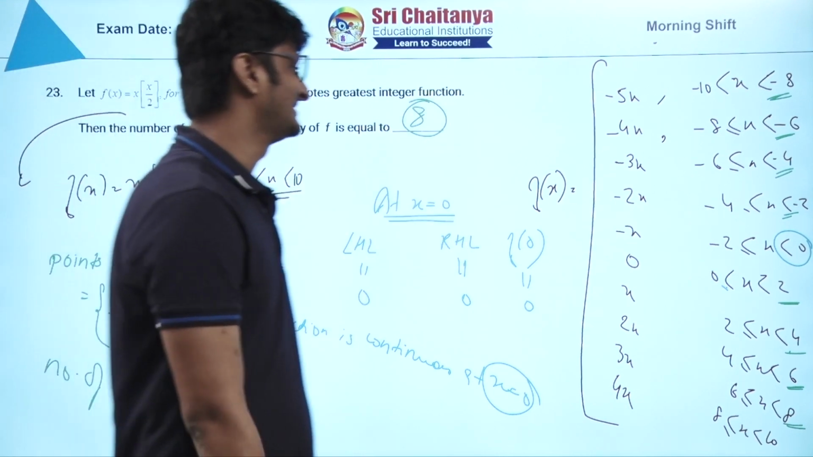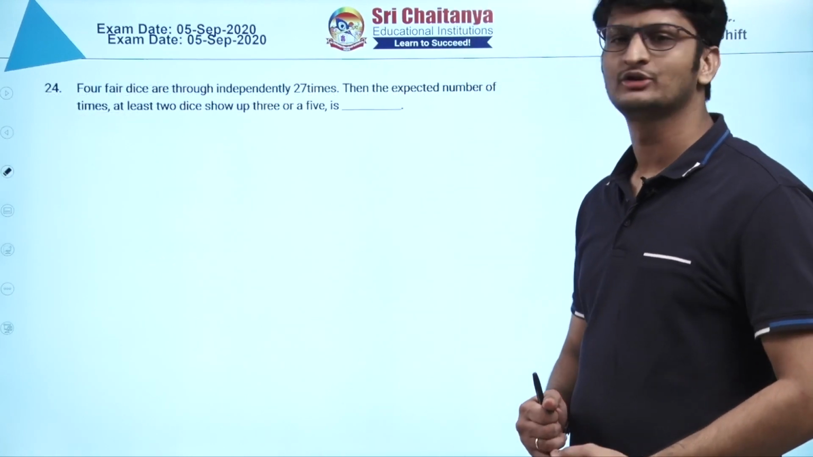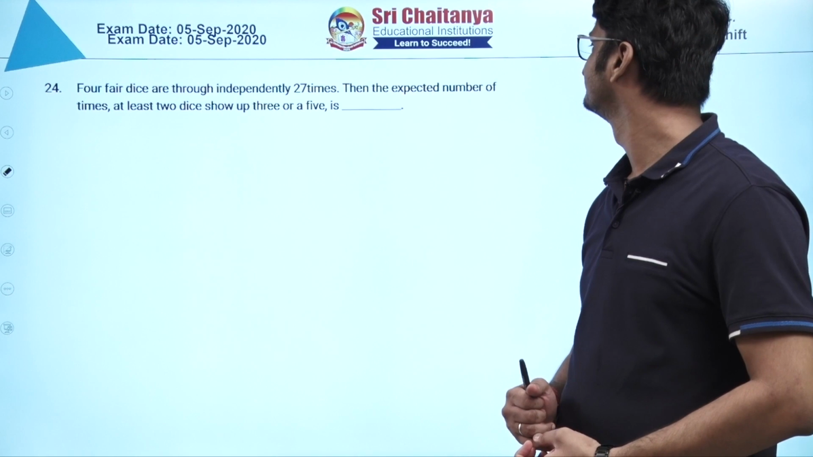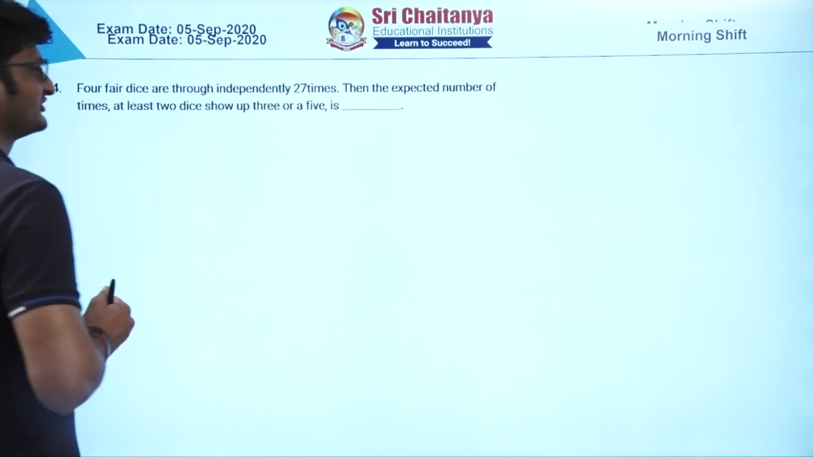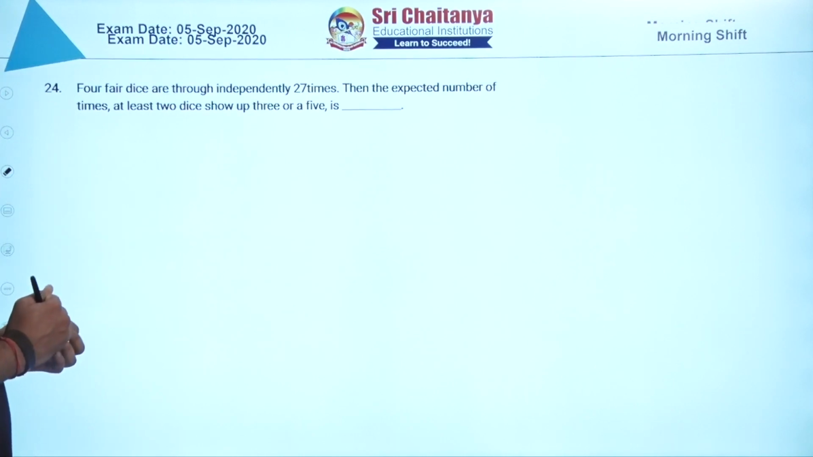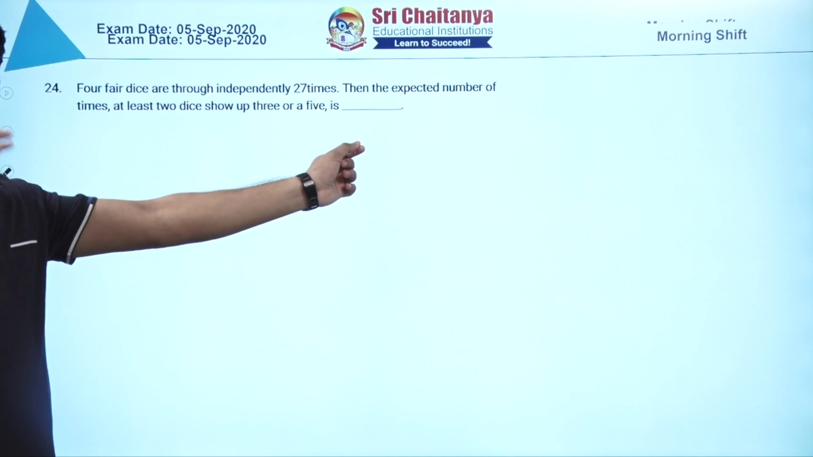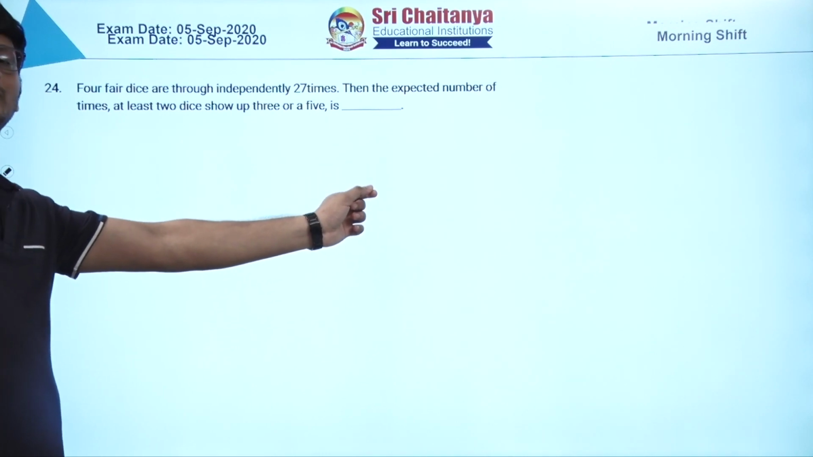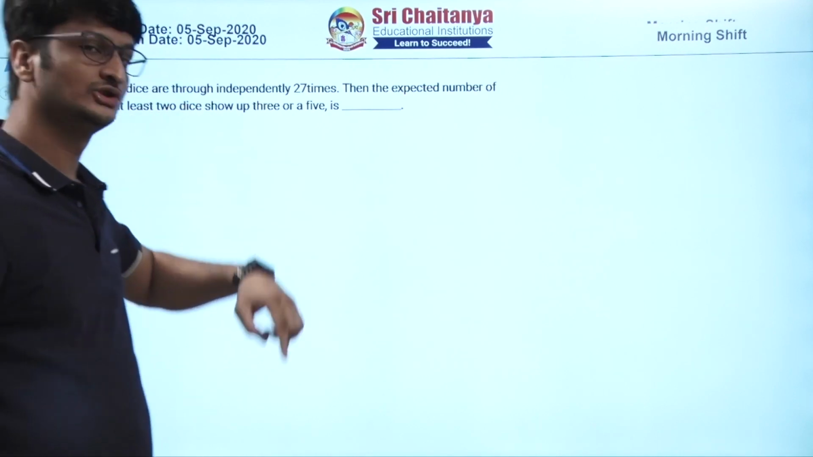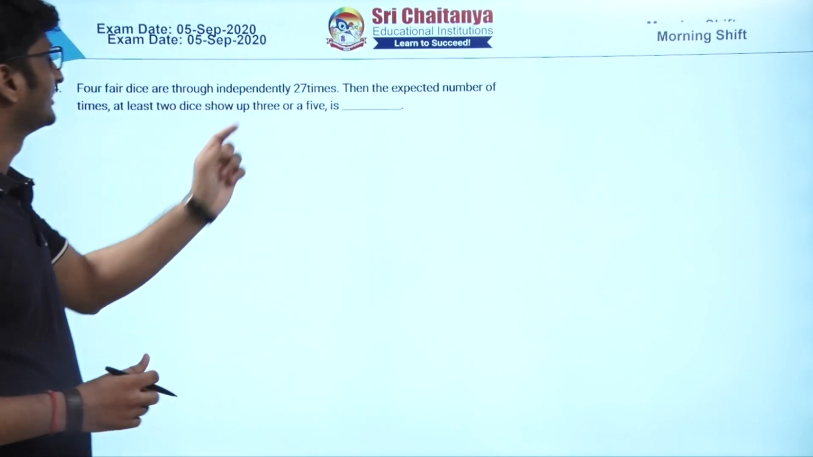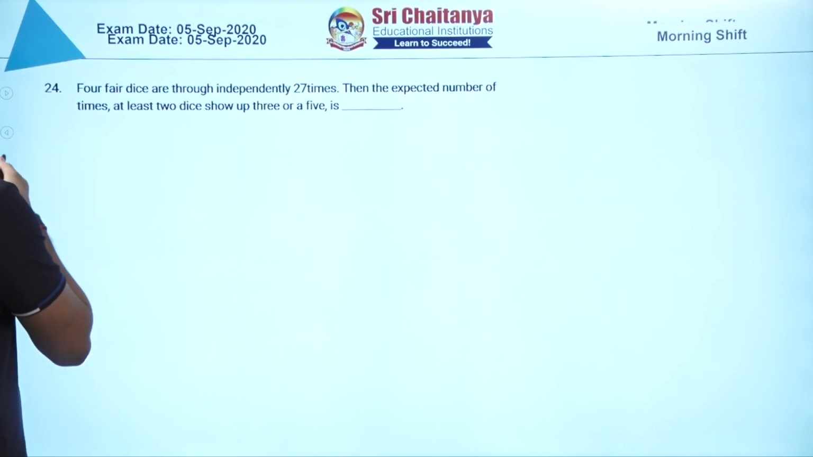Have you got it? Let us see question number 24. This question comes from the chapter probability. Okay, fine. What is given here? Binomial distribution is required. 4 fair dice are thrown independently 27 times. One experiment is repeated 27 number of times. Then the expected number of times at least 2 dice show up 3 or 5. Okay. So, just write down here,